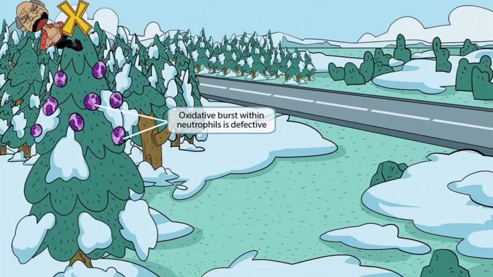On his way up the tree, he has decorated the branches with these purple ornaments. Notice that these ornaments have the characteristic shape of neutrophils. This is to help you remember that neutrophils are what perform the respiratory burst, which again is defective in this